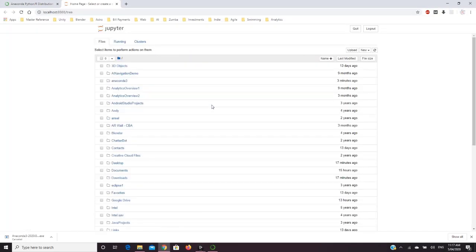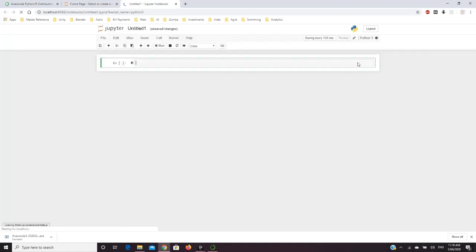Here you can see all the root folders that are there in my directory. What I'm going to do is create a new Python notebook. And I'll just do a hello world program.